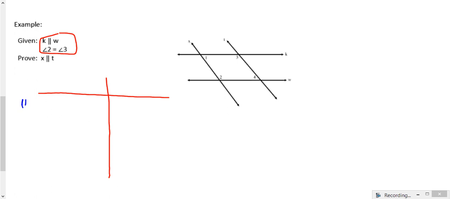So our first step is to say K is parallel to W. We can also say that angle 2 equals angle 3. So on our picture, a good next step is to take that information and put it onto our picture, which is to say then that angle 2, I'll put a little arc there, and angle 3 are equal. Now they also tell us that K and W are parallel,